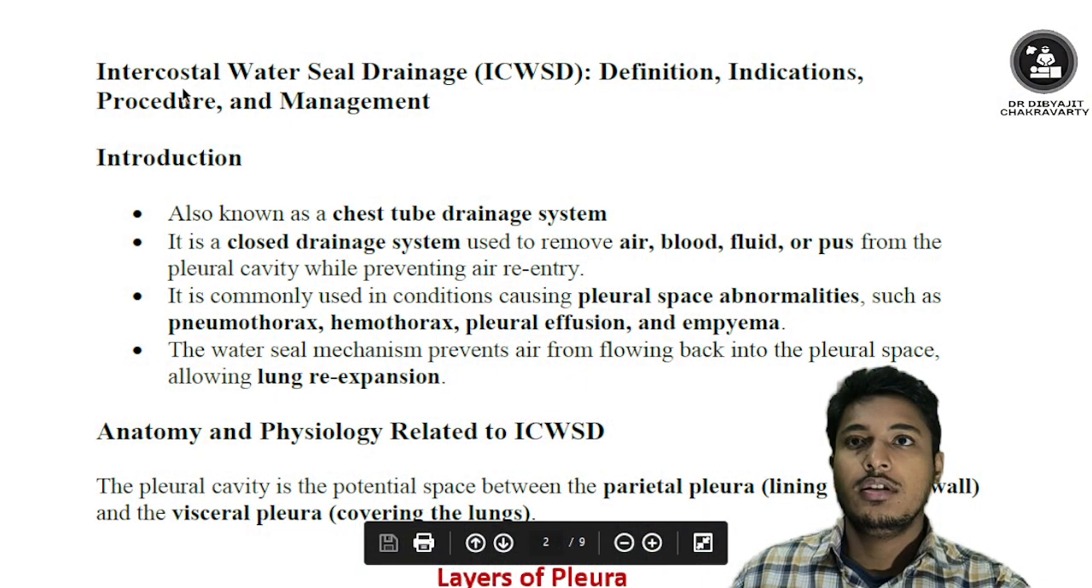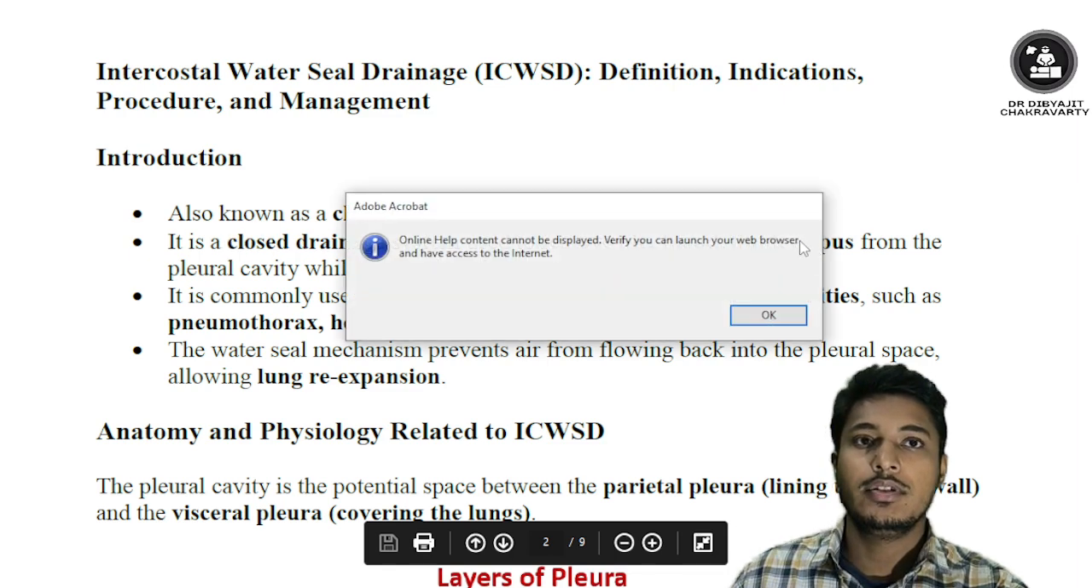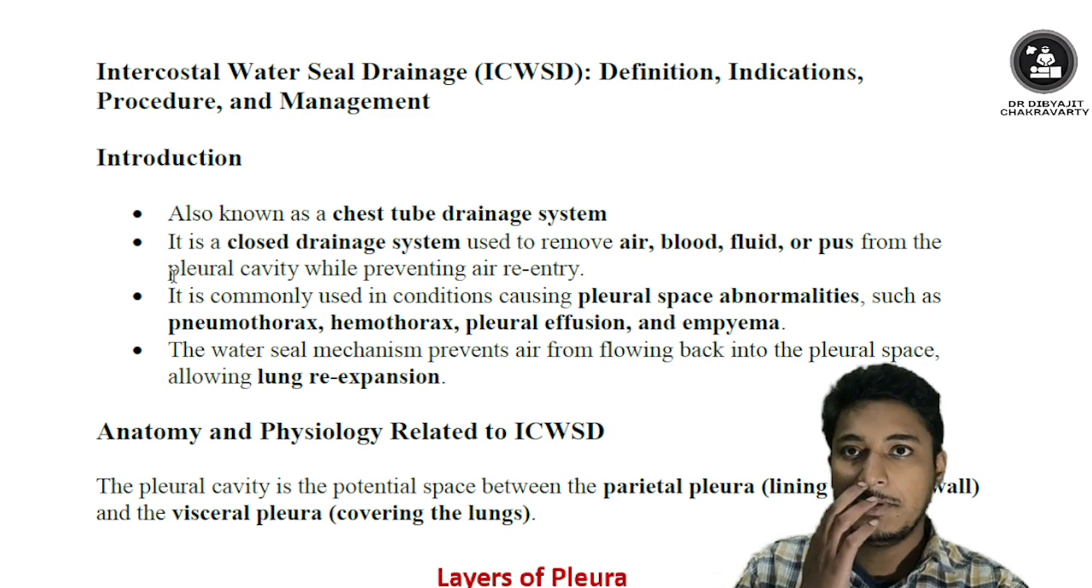The next topic we'll be studying is intercostal water seal drain. Intercostal water seal drain, that is ICWSD, is also known as chest tube drainage system. It is a closed drainage system used to remove air, blood, fluid, or pus from the pleural cavity while preventing